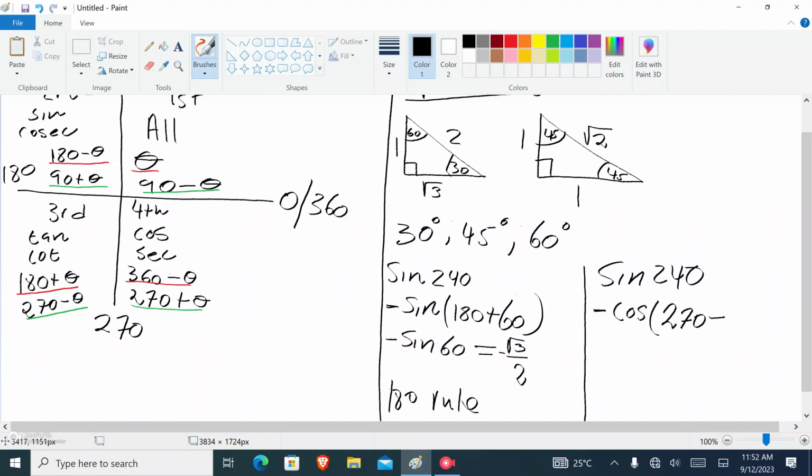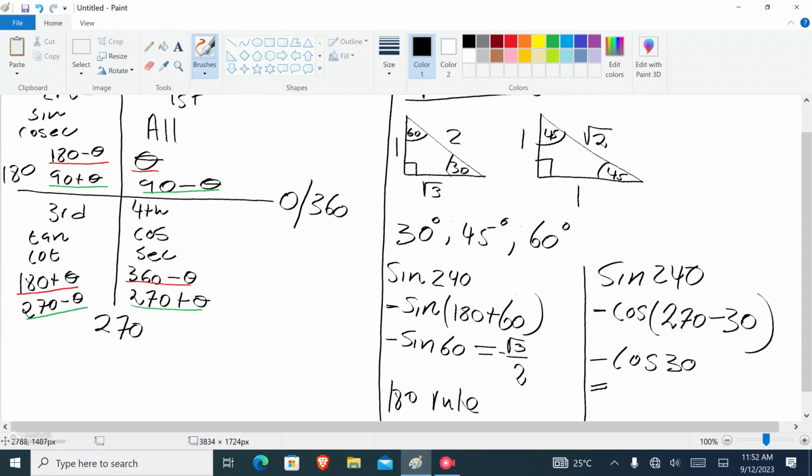get 240? In this case, the special angle 30, if we substitute it there, it will give us 240. So 270 minus 30, it will give us 240. So let's substitute there. Let's change the color, guys. There we go. Now we will have this. Now if you continue, your answer is going to be negative cos